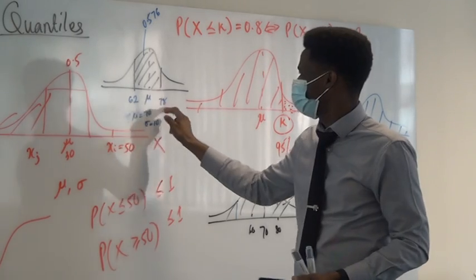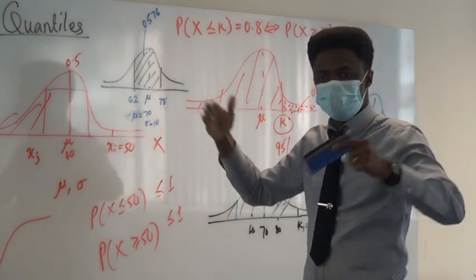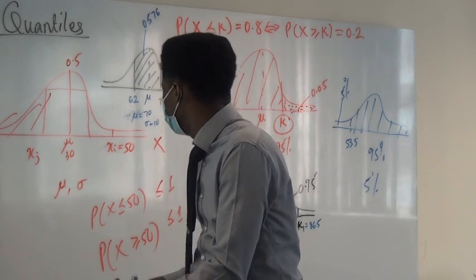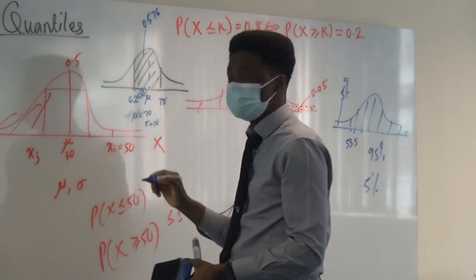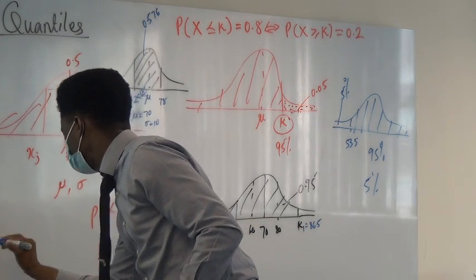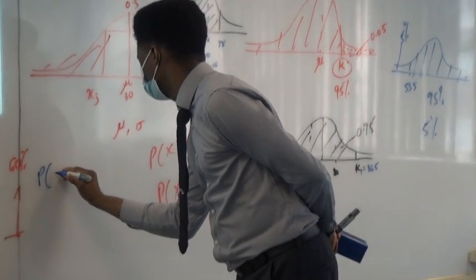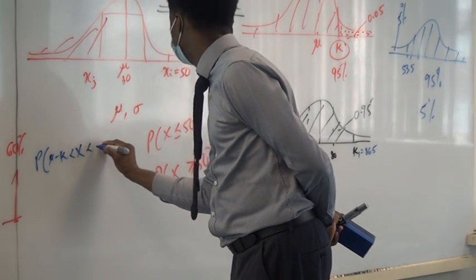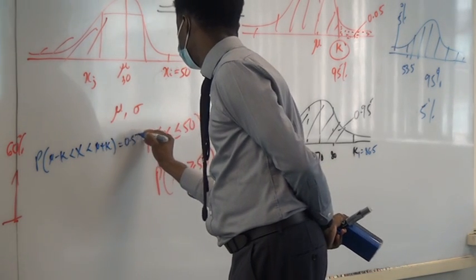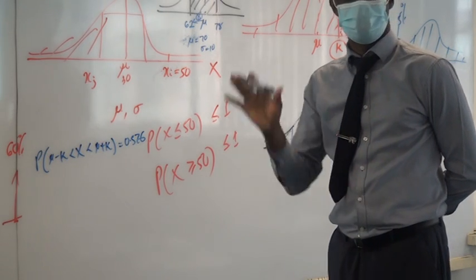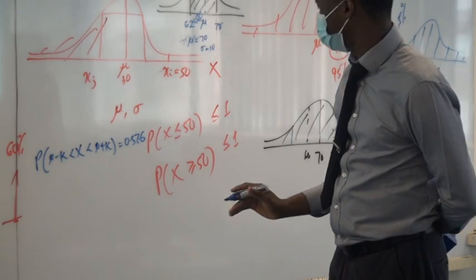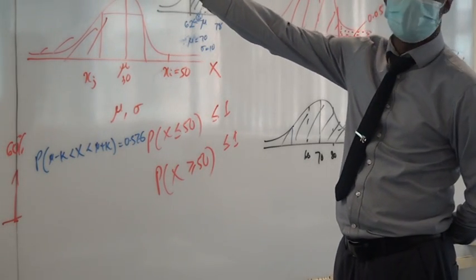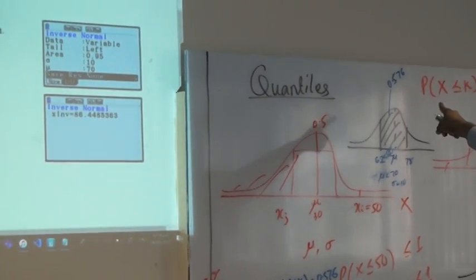Now, let's pretend we don't know that. We want to figure out the value of k that gives you that spread. So let's use today's lesson to figure out k. So k is the gap. In this case, we used k as 8, right? So let's now figure out k such that the probability that mu minus k is less than x, less than mu plus k, gives us 0.576. Do you understand? This is what we want to do now. What this means is that you will change this to central, then your total area is 0.576,